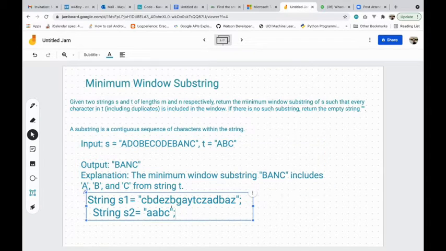So if I have this A, B, C, my answer will have this as my shortest string. There are other answers also, like this, but it's a bigger answer. So the first task for this problem is finding one of the strings which has all the characters in string 2, and the follow-up task is to find the shortest one.